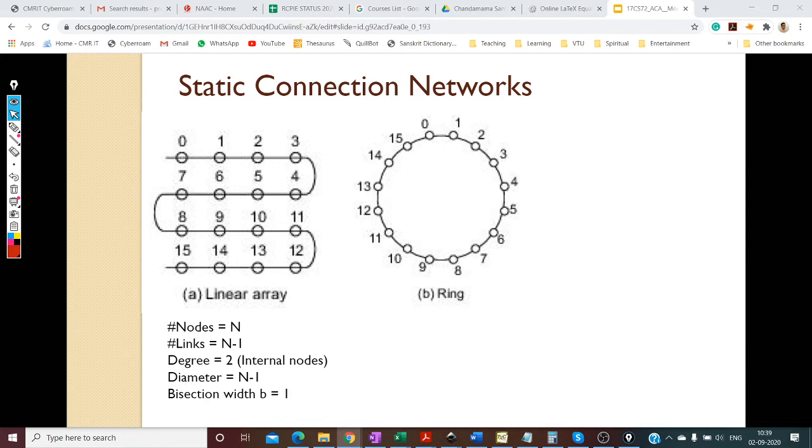15 nodes and 14 links. Are you sure, Rahul? Anyone else? Chaitra? I'm just going to note down the names now.